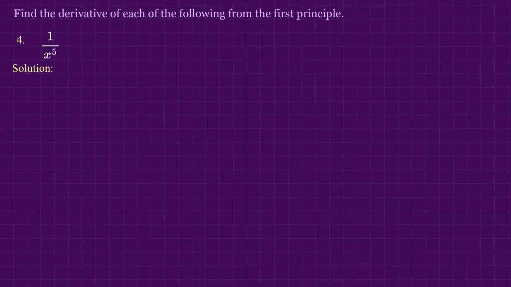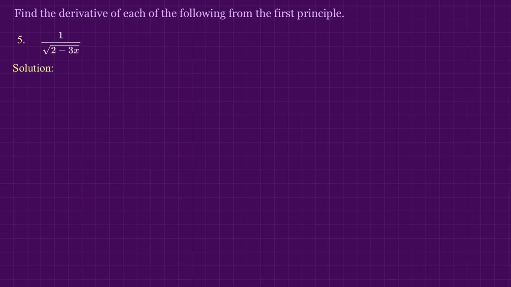Number 4, I have the function 1 over x to the power 5. Now this question can be done like question 3 only. So what we need to do, we just have to rewrite this function as x to the power minus 5. This question is similar to question number 3 and I leave it to you as your homework. And the answer for this question will be